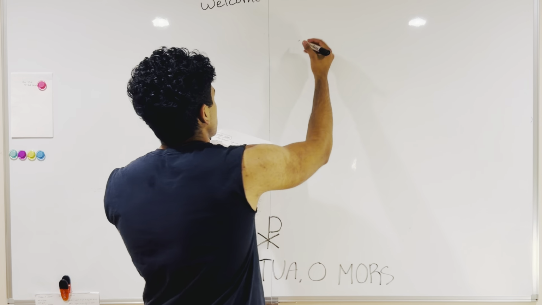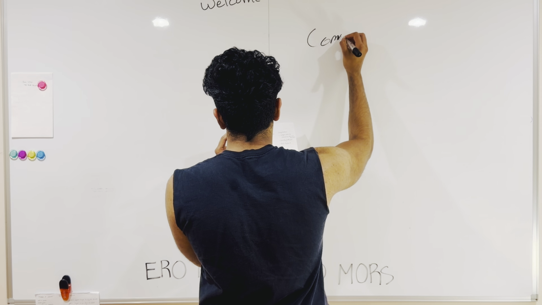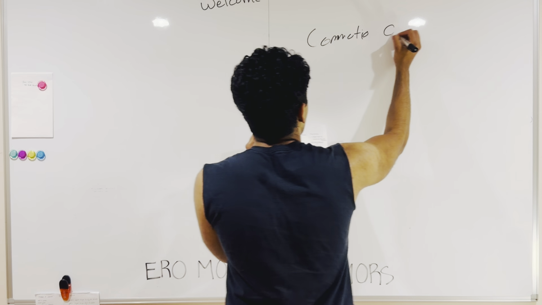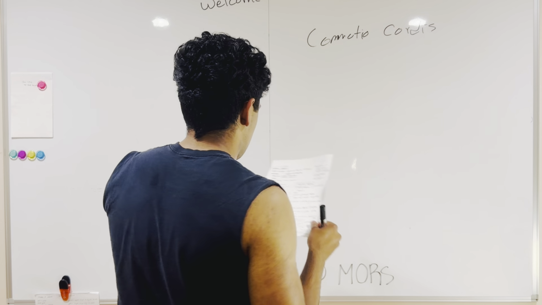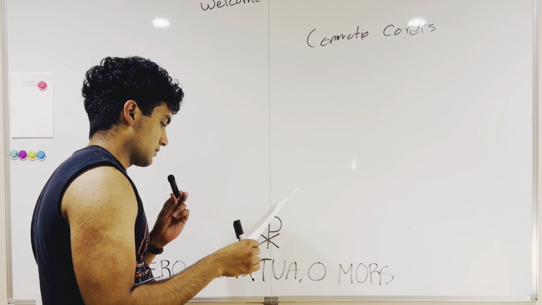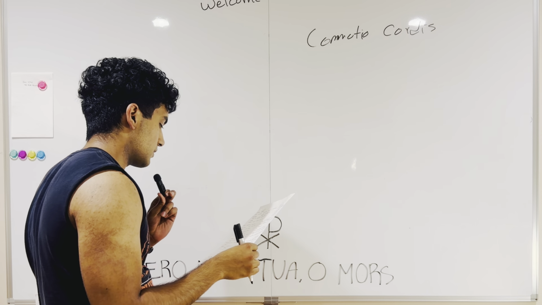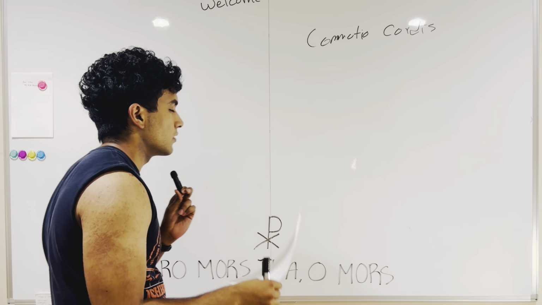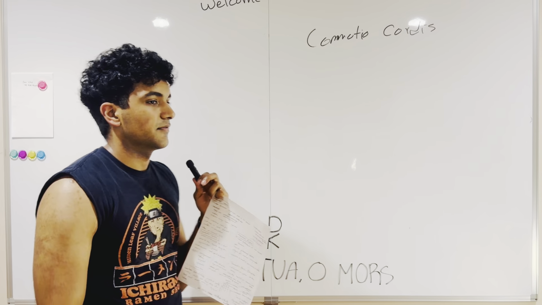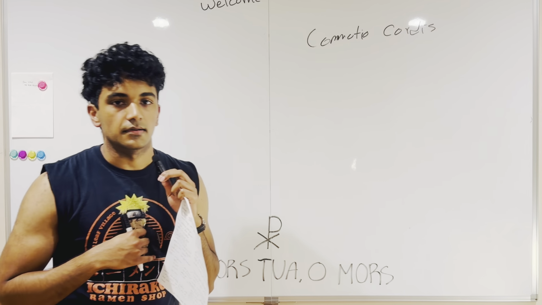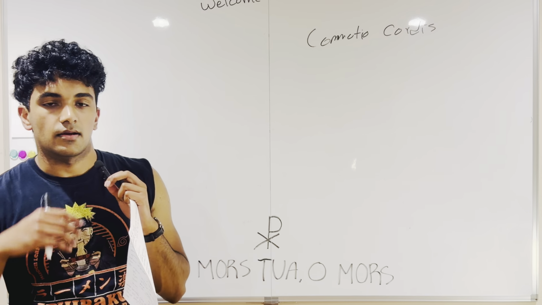But commotio cordis, this is where cardiac arrest is caused by a blow to the heart. Sorry, I had to jog my memory. This is the case where, if a baseball hits some kid in the heart at the right time in their cardiac cycle,